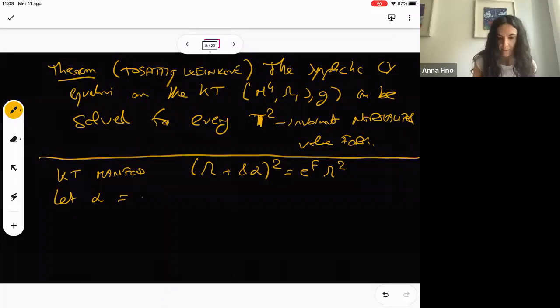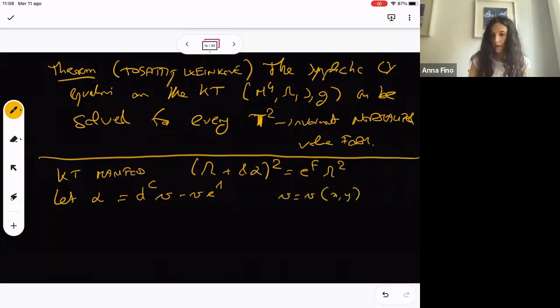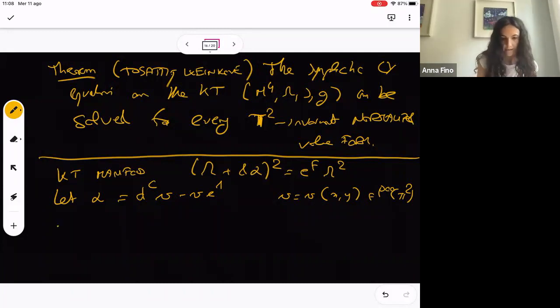But the trick here that we did is the following. Let's take dC of V, a function, and remove the duration along E1, so minus V E1. And V is just a function on the base. We can reduce that because remember that we have an assumption that the volume form is T2 invariant. So we work with something essentially invariant with respect to the action of the fiber. And the trick is that if you compute then the alpha, this is just essentially